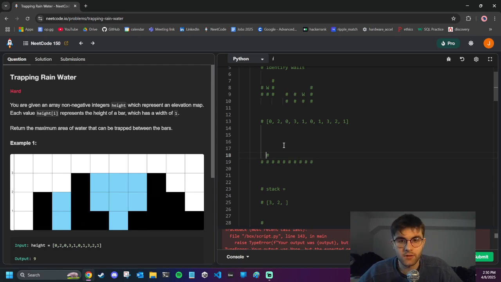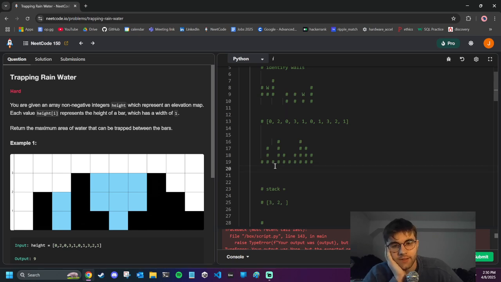Whoops, I muted. Okay, and this one is 2, and this one is 3, and then we have 1, 1, like that, right? And then 1, 2, 1. Okay. So in this case, if we think about it with pointers, so if we had L and R,